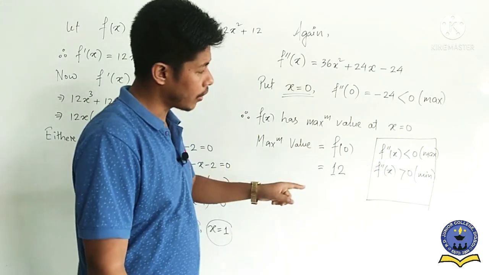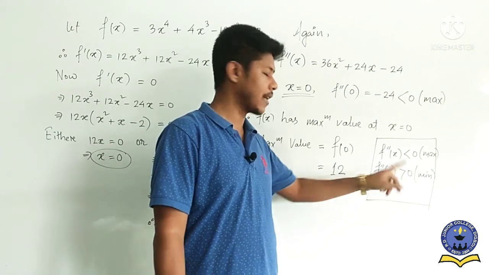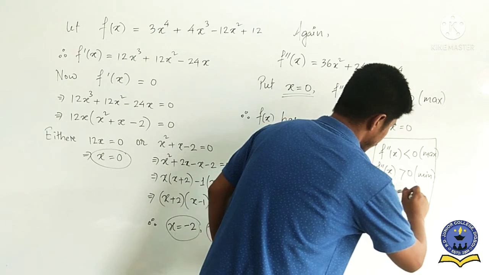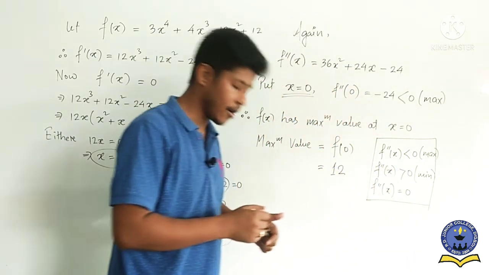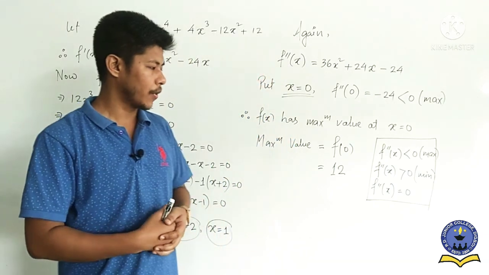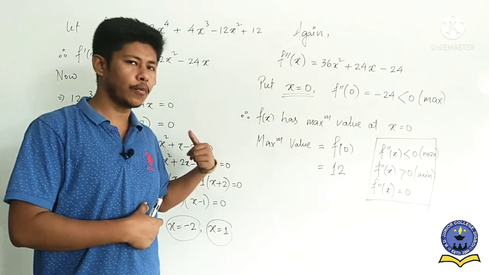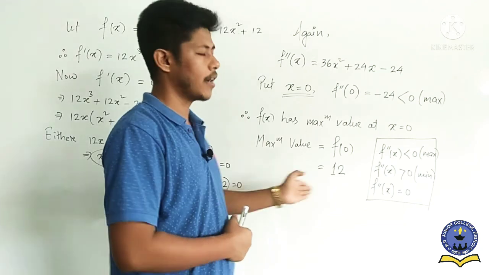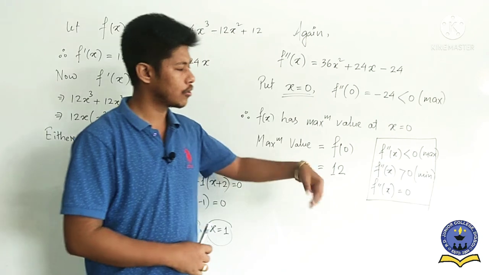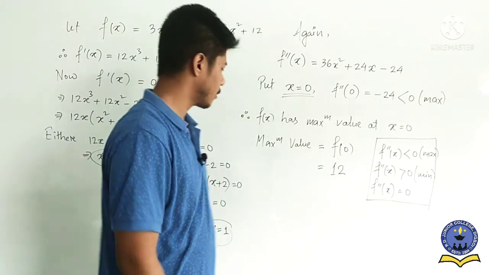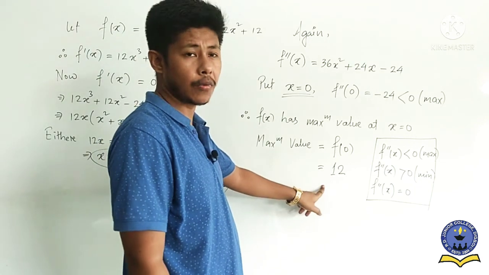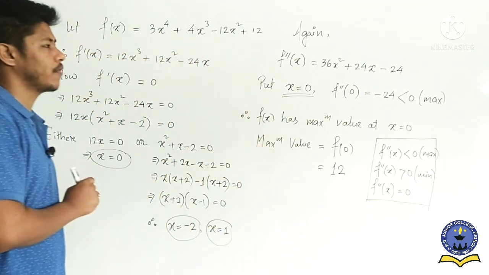Is it clear? Or if we get f double dash of x equal to 0, the third case, then we can say here neither maxima nor minima. In this case, there are two methods. Either we write second derivative fails and we move to the first derivative, or there is another method to solve the second derivative questions. Is it clear? Which one we have to discuss in our next class. So now here we found the maximum value, and the maximum value here is 12. So only one critical point we verified here.